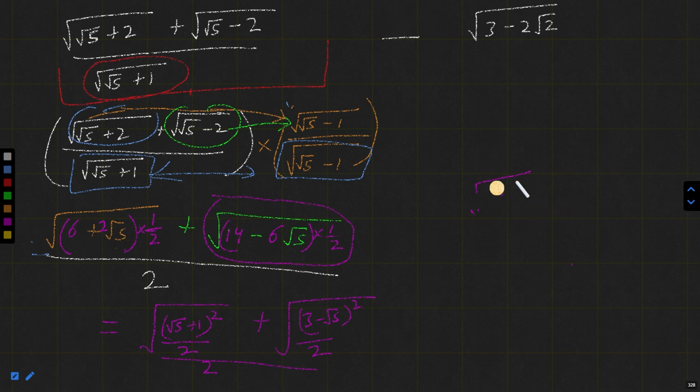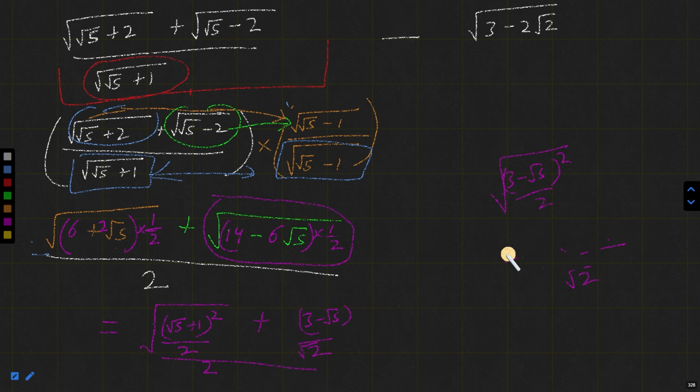Before this I have 3 minus root 5 whole square by 2, which I can rewrite as 3 minus root 5 whole square divided by root of 2, which now I can easily remove this root and this square. So doing it at once, I am directly writing it like this, removing the square and putting root here,